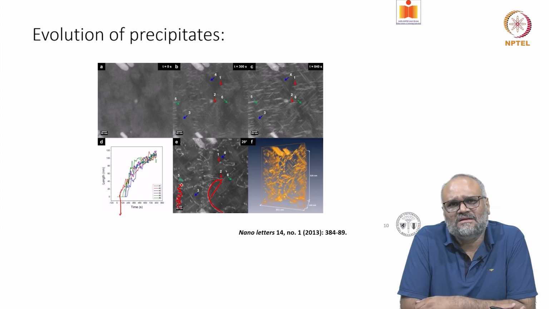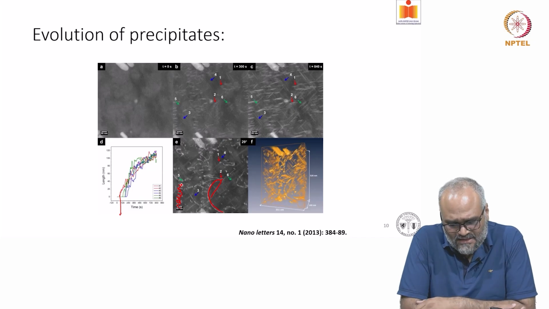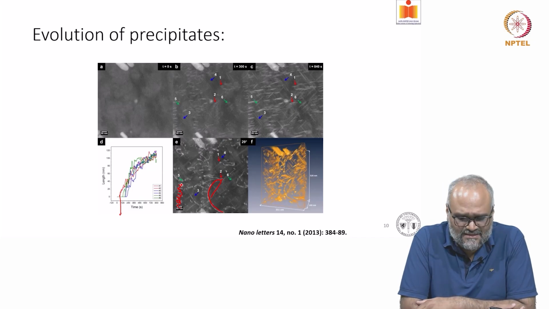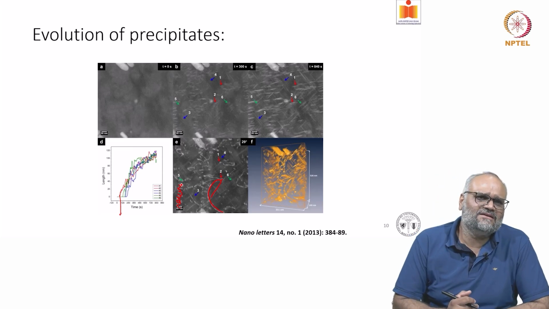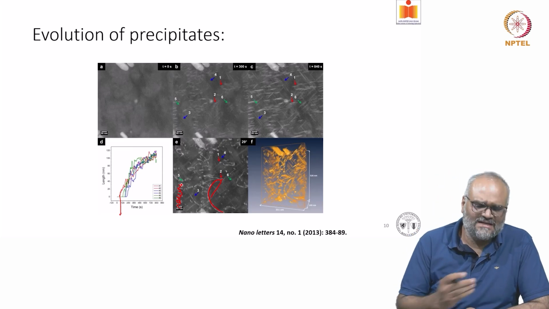So the dislocations are sites where the solute, that is copper, can be trapped much ahead of the rest of the locations